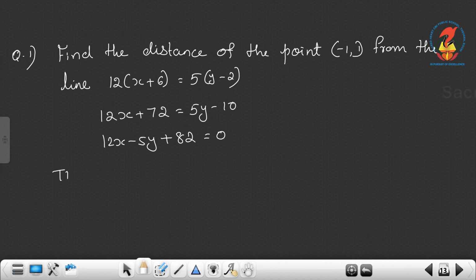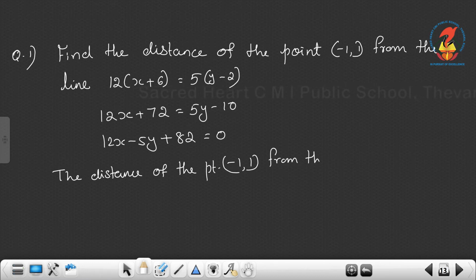Then the distance of the point (minus 1, 1) from the line